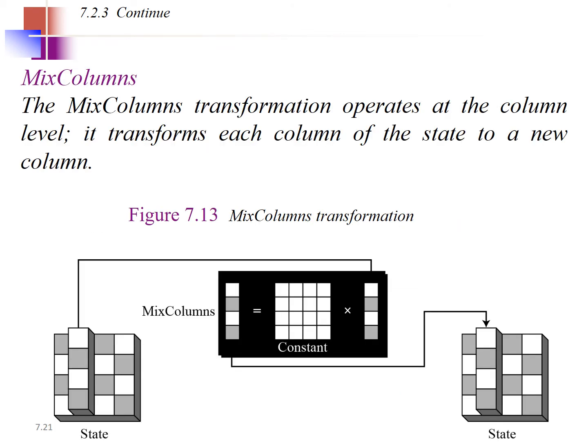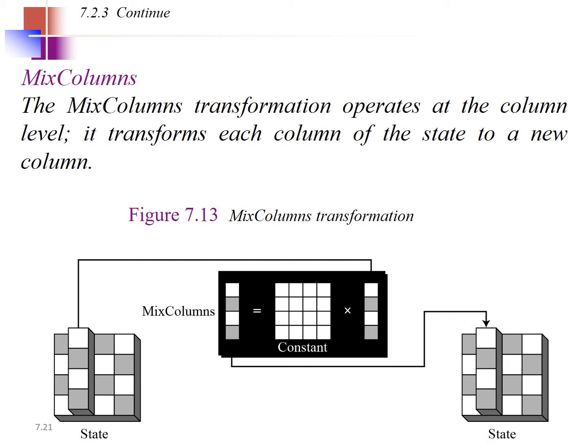Third operation is mixed columns. In mixed columns, I am doing some mixing operation as I told you. For that one, we are taking column by column. What exactly I am doing is, each column I will take, this column, this is column number 1, I am taking, multiplying with the constant matrix, and we will get a new value. That is what is written in the new state. Likewise, for the 4 columns we will do, so that we will get a new state changing all the values